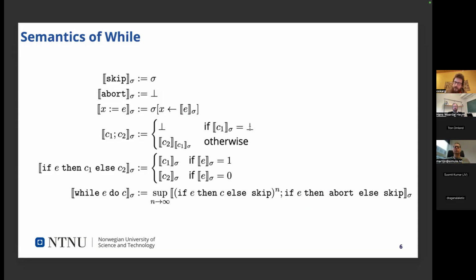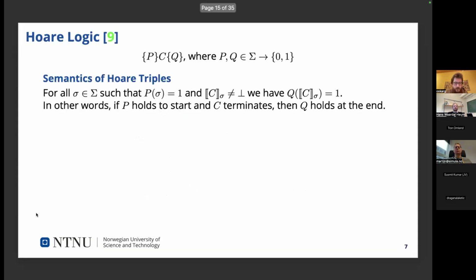formally you take bottom as the bottom element in a partial order, and then everything else is ordered above it. So you have a sequence of either bottom or some state, and when you take the limit, if everything is bottom, you still get bottom, or if at some point you get some non-bottom thing, then you will stay in that state. And of course, you also need to prove that this actually does converge, but it does in this case.